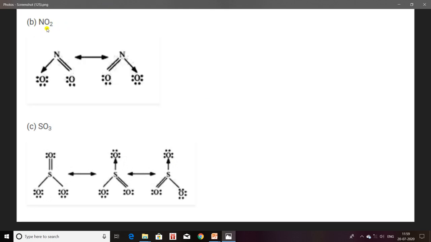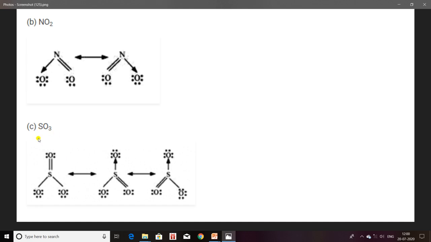Now next is NO2. So this is a structure where nitrogen is making a coordinate bond with an oxygen atom and here it is making a double bond. But it is also a possibility that the double bond can also be present here and a single bond can be present here. So in the next structure, here you will draw a double bond and here you will draw a single bond. Okay, how? These 2 electrons which are present here in the form of an electron pair will shift here and they will make a double bond. At the same time, this double bond will shift here in the form of an electron pair. Okay, so here is the structure.